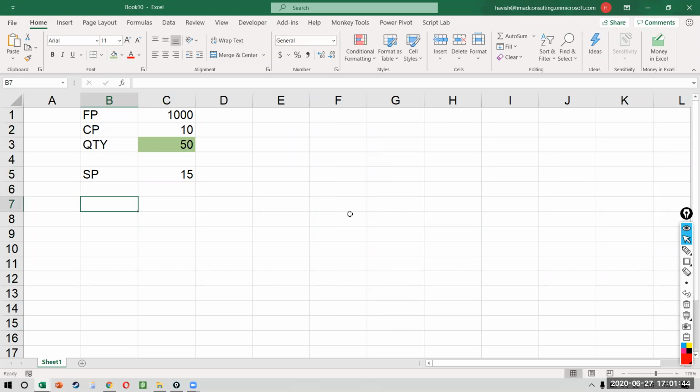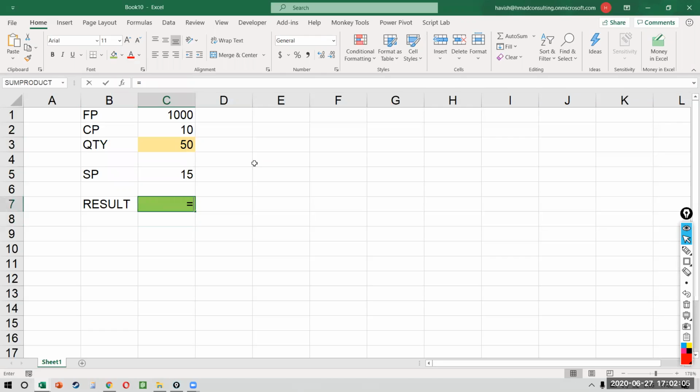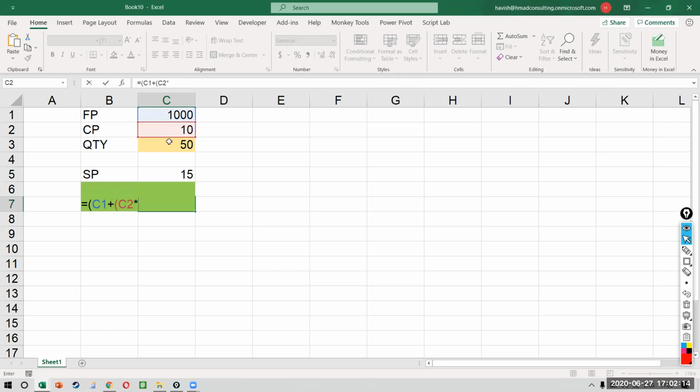What do I need to find out as a result? Let me just color it yellow. I want to find out that if I want to earn, this is my result, 15,000 rupees as a profit, as my total top line, my revenue, how much quantity should I be selling? So how do I do this? My formula would be equal to, correct me if I'm wrong. I mean, I won't be wrong, but you can just see this. So my fixed price plus my cost price into quantity, right?